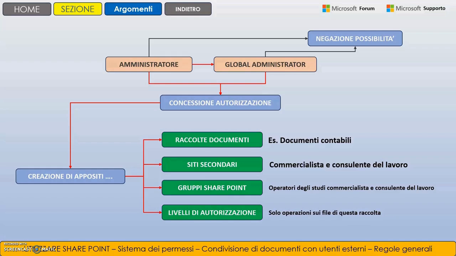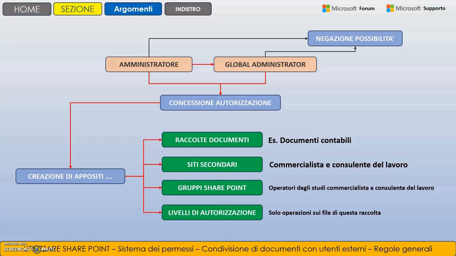This option may have been denied. If the administrator or the global administrator has denied this option, even the SharePoint administrator will not be able to share documents with external parties. Even less so can the SharePoint administrator permit site members to make this share. In cases where permissions have been granted by the administrator or the global administrator,